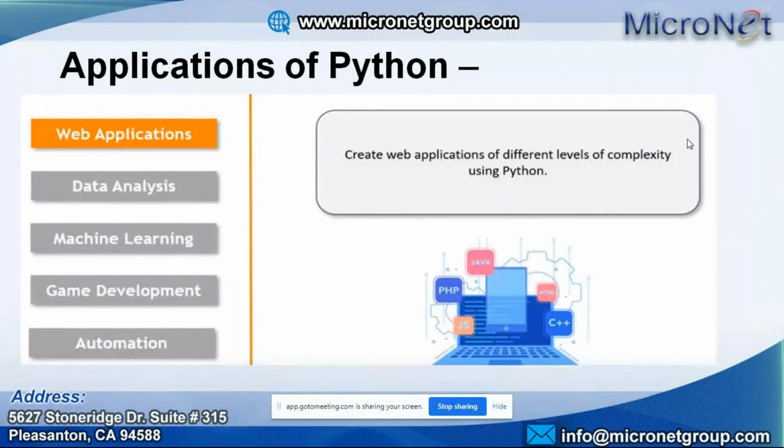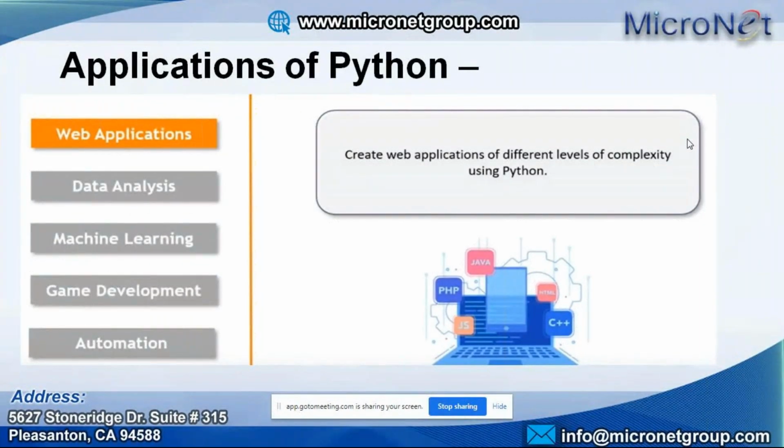Right. So we have seen so far why we have to choose Python and what the features of Python are. Now we will try to understand the applications of Python. So where exactly can we use Python? Python can be useful for creating many things. As I mentioned in the first slide, there is no specific domain. We can use Python in all domains.